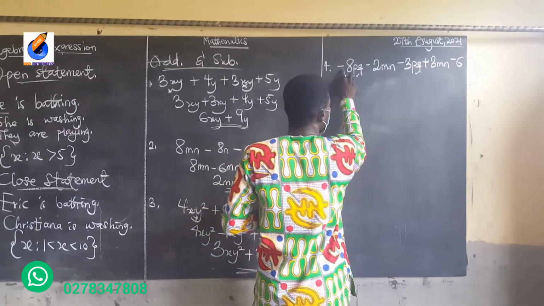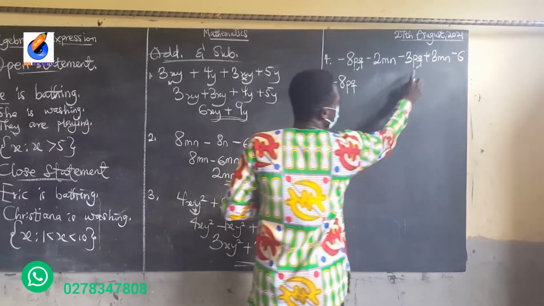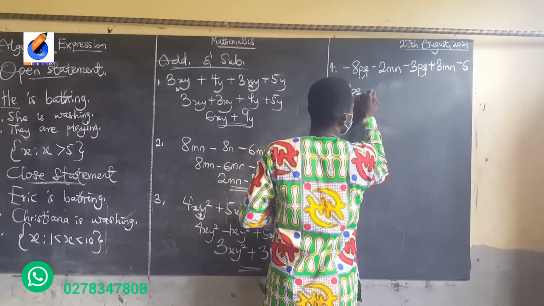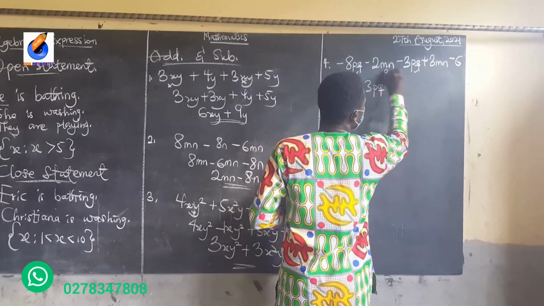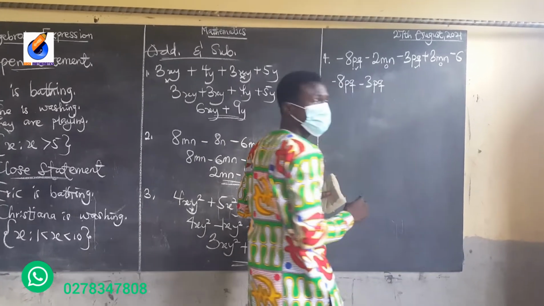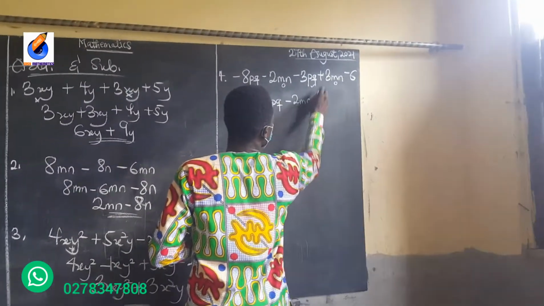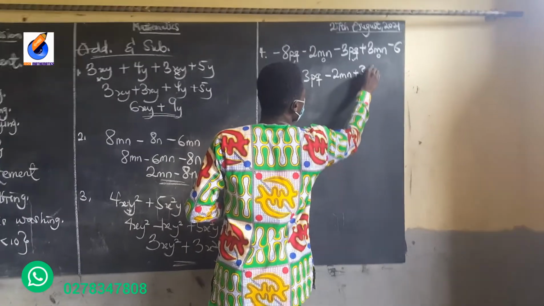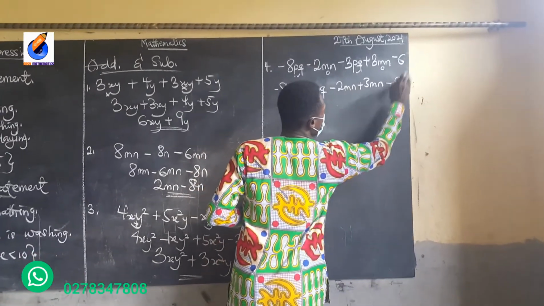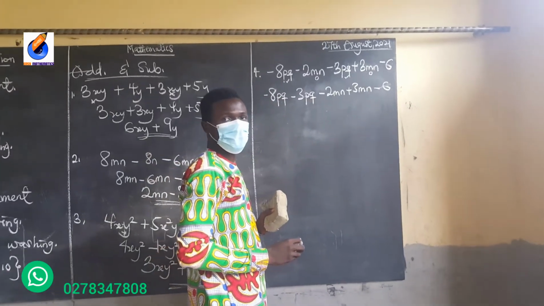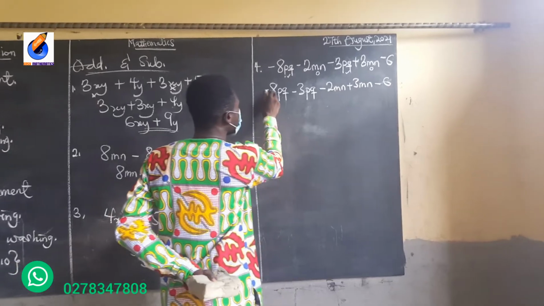So the sign in front is negative 8pq. Then the sign in front is negative, so negative 3pq. Then I have mn. We also group them. So the sign is negative 2mn. The sign is plus 3mn. Then the one without a variable comes last, which is 6. So now what do I do? I have negative